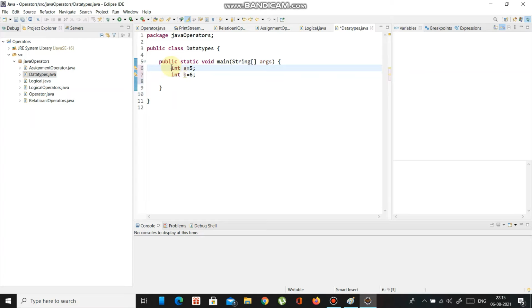Here integer is the data type and we are assigning 6. Okay, so I am typing int c is equal to a plus b.